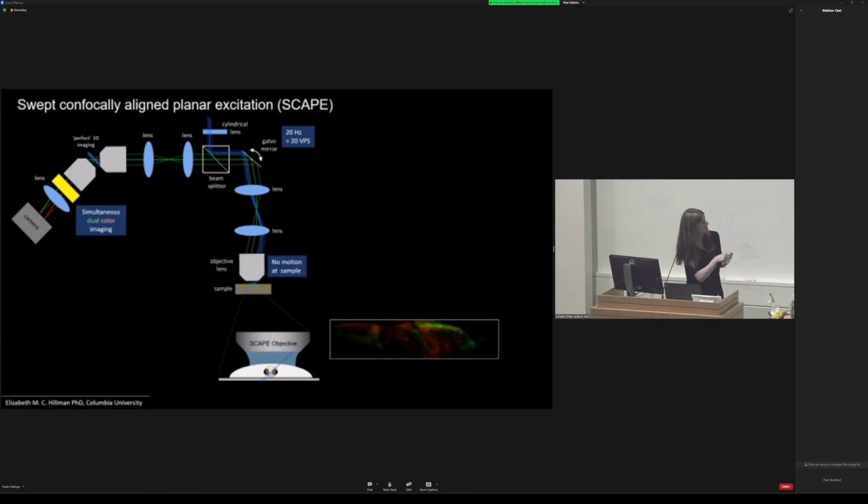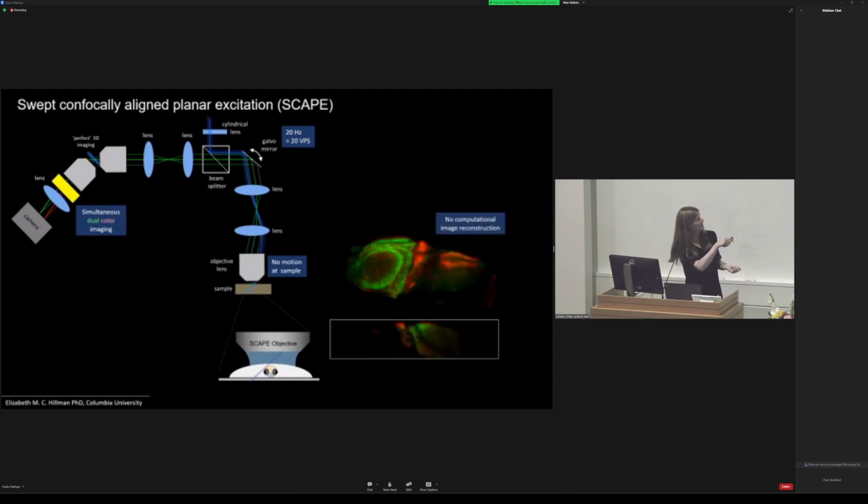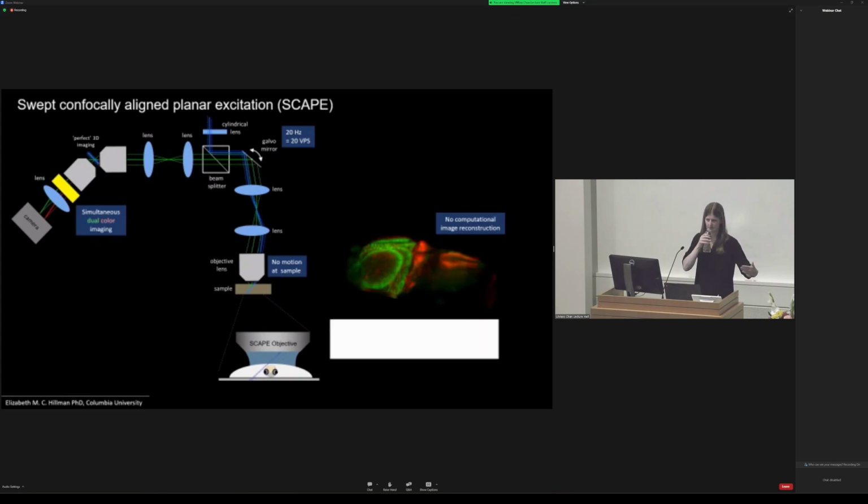The data comes out in this very weird way. It's like this oblique plane that's going backwards and forwards, but all you have to do is stick it back together. There's no reconstruction, there's no deconvolution. It's a genuine optically sectioned image that I'm just capturing very, very quickly. And because I'm only measuring as many rows on my camera as I want depths into my sample, I can read my camera out really fast, on the order of thousands of frames per second. And even though that sounds very fast, my integration time is still much, much longer than I would get